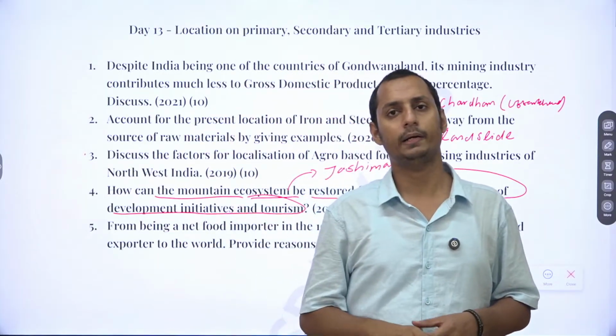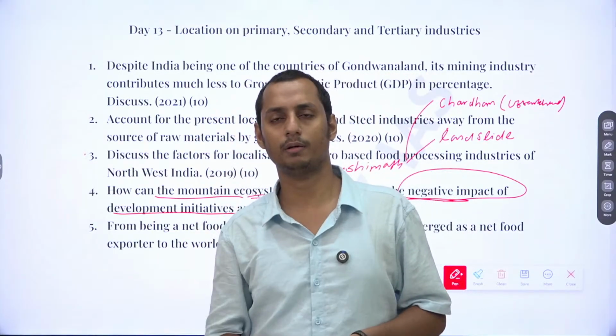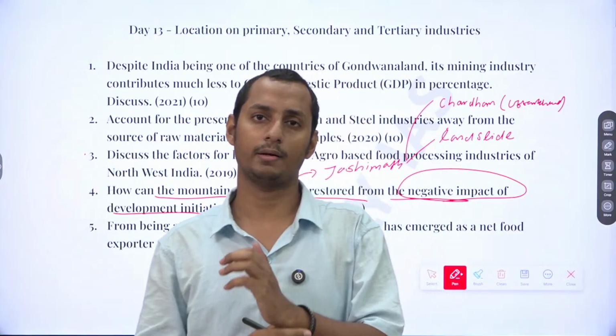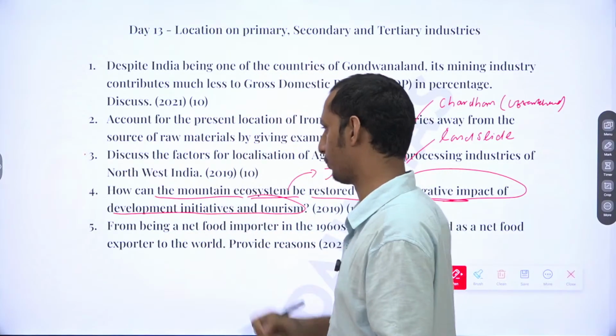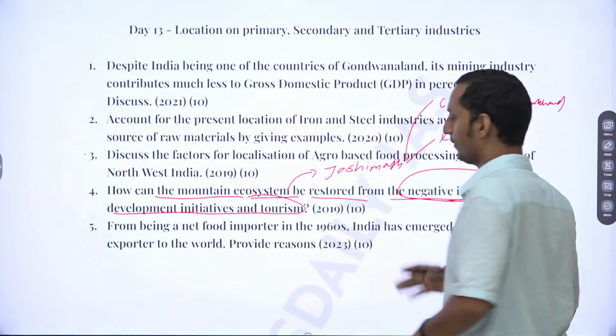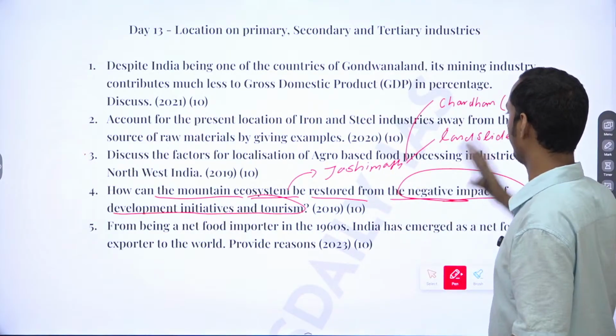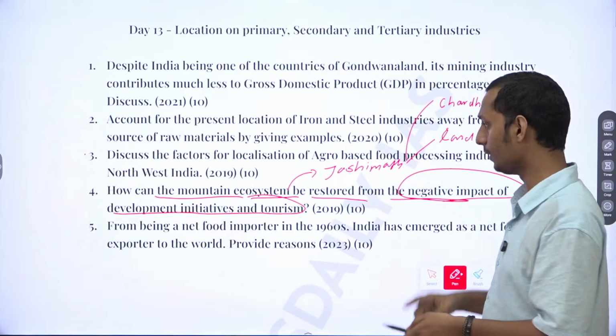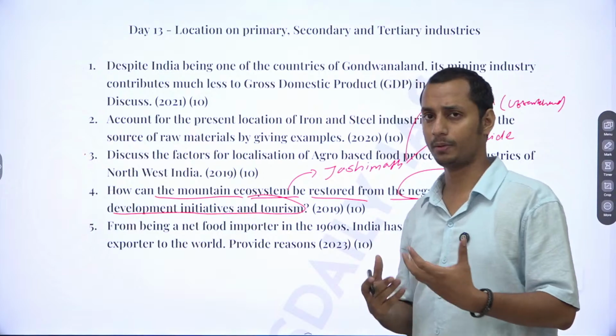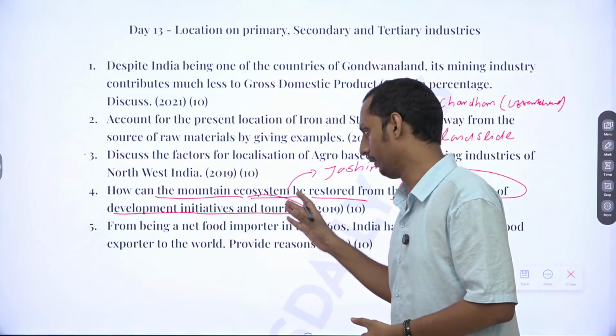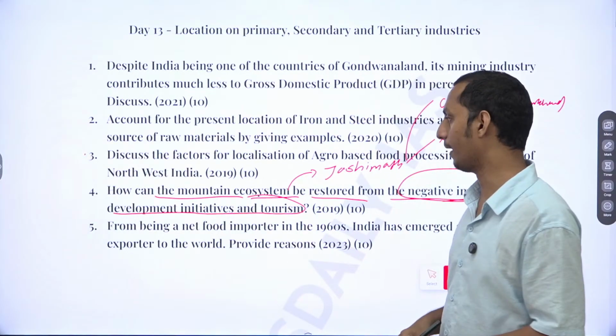Because of that, a lot of mountains have been leveled, and it has led to a lot of landslides on these roads as well. So you can mention any of the recent examples such as Joshimath or even the landslides in Uttarakhand. Okay, or you can even go for a very general introduction mentioning the harmful effects of development initiatives and tourism